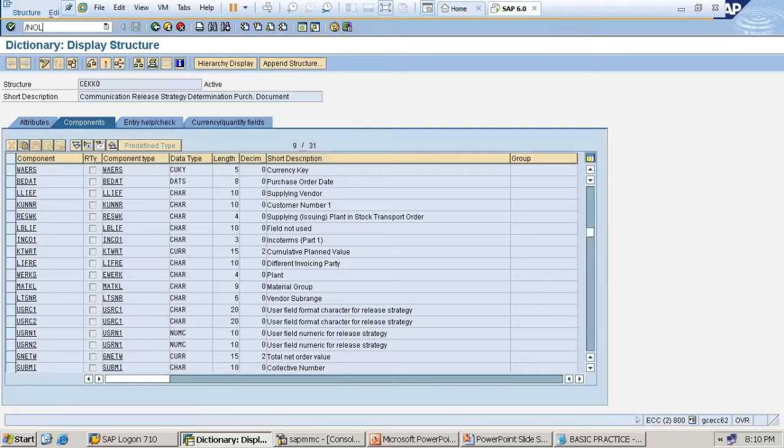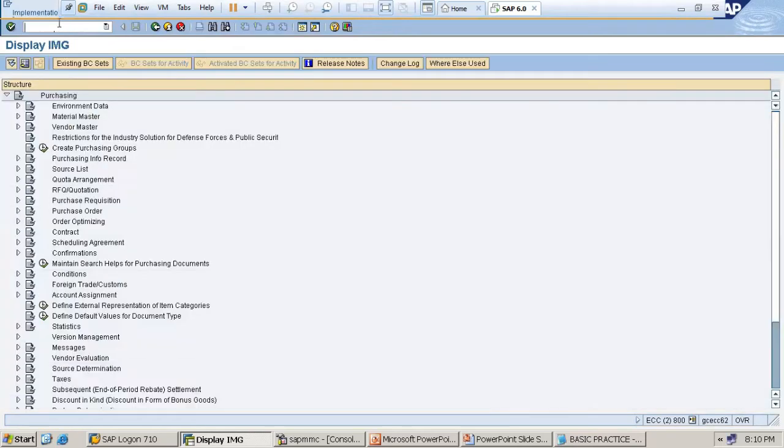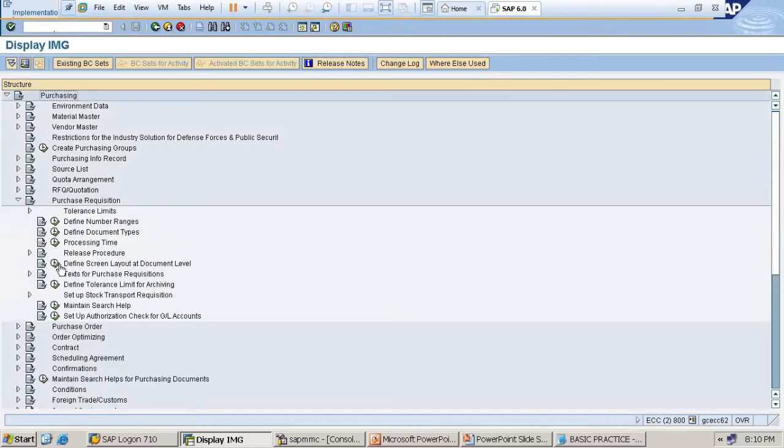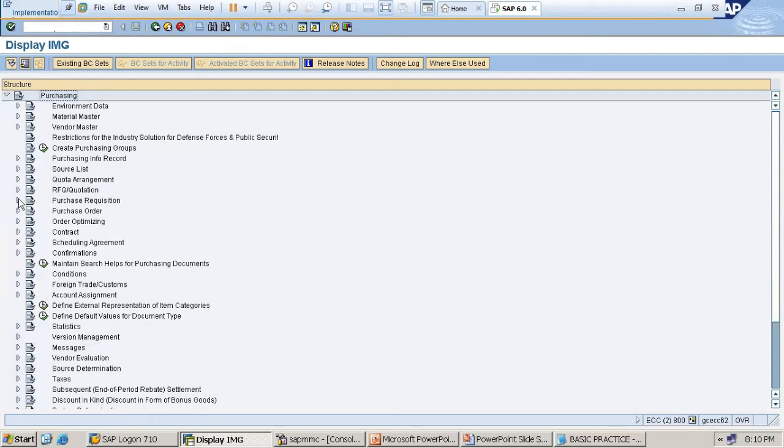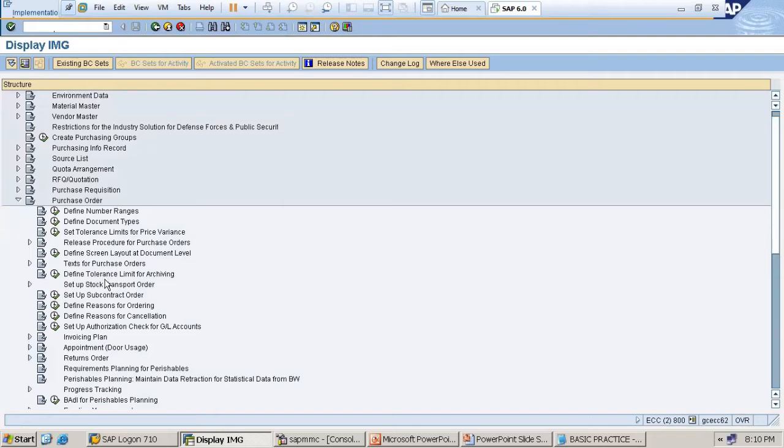Go here, slash n OLME, enter. The purchase requisition is already completed, right? For PR we also have the release procedure. Similarly, for PO we also have the release procedure.